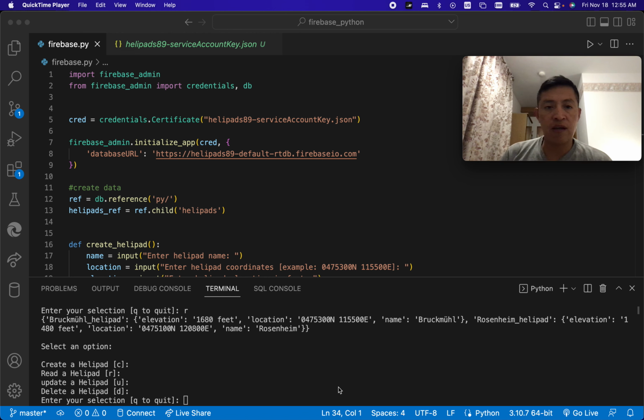After that, we're going to have a reference, and after that we're going to create a helipads child for this reference. So we have created 4 different functions that will perform CRUD operations. The first one is create helipad, second one read helipad, update helipad, and delete helipad. The last function is just to start our application,